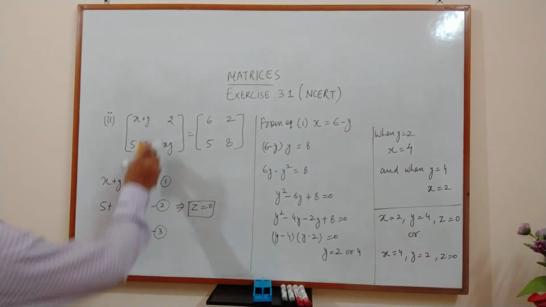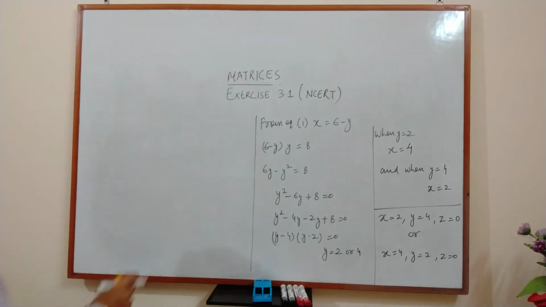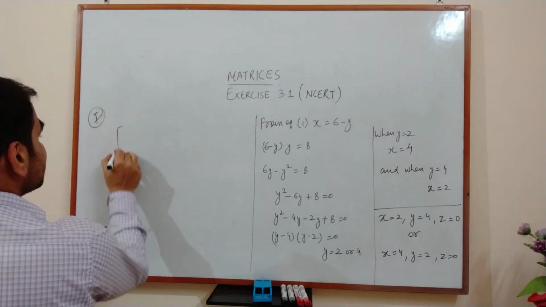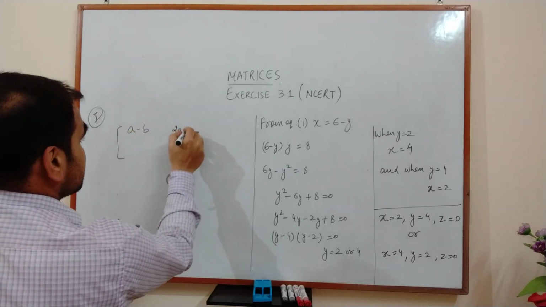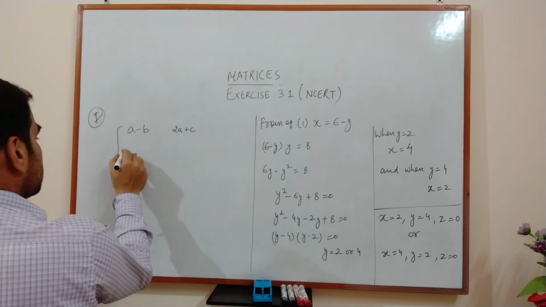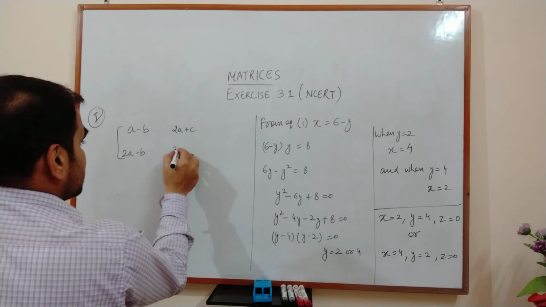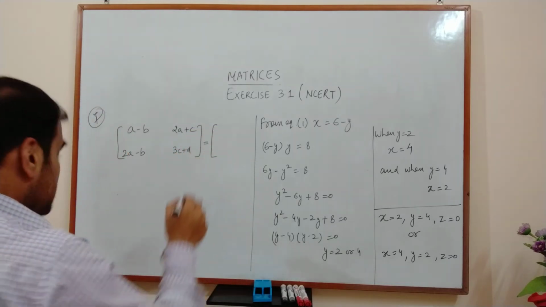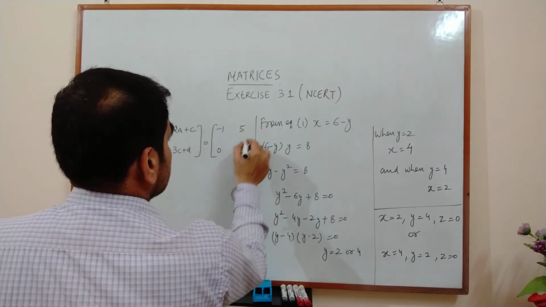Okay, next is again question number 7, which is based on the same equality of matrices. We have to find the values of A, B, C and D. So in question number 7, again we are given two matrices that are equal. So simply, we have to compare the elements one by one, get the equations, and simplify them to get the values of the required variables. So this matrix is equal to, it is given, [[-1, 5], [0, 13]].